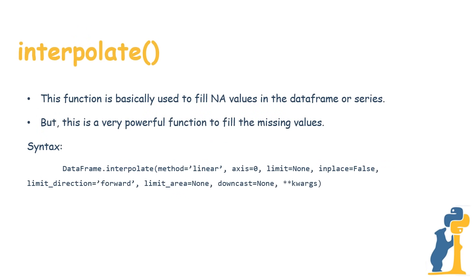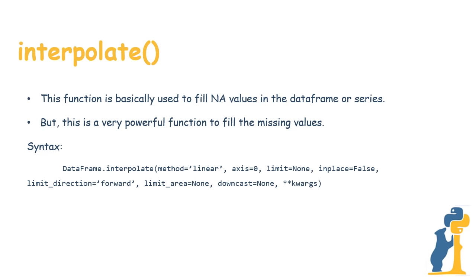Now we are seeing the interpolate method. The interpolate method fills the missing values with calculated interpolated values. We can calculate linear, polynomial and quadratic interpolation. So as per the need we can specify the method, either linear or polynomial and so on. For that we have to use DataFrame.interpolate. So method is equal to, we can specify either linear or polynomial and so on.